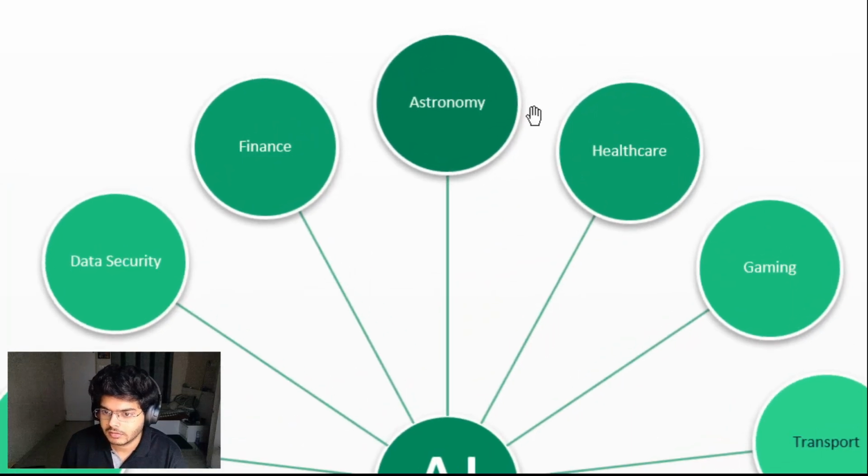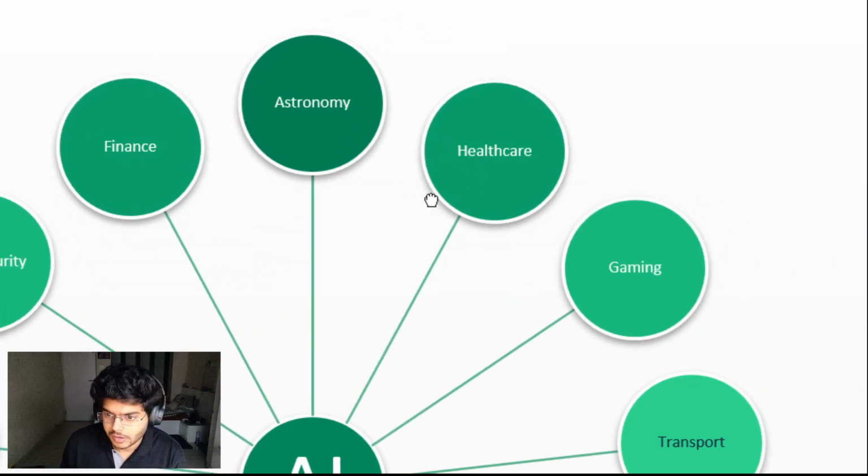Okay, there we go. So first, let's talk about astronomy. As we know, the universe is very complex, so it can make sense to use AI to solve problems like how the universe works and what is the origin of the universe. Now, in healthcare, AI is helping healthcare facilities by providing better and faster diagnosis of diseases like cancer. And as we all know how important a role AI has played in the pandemic in the rapid development of